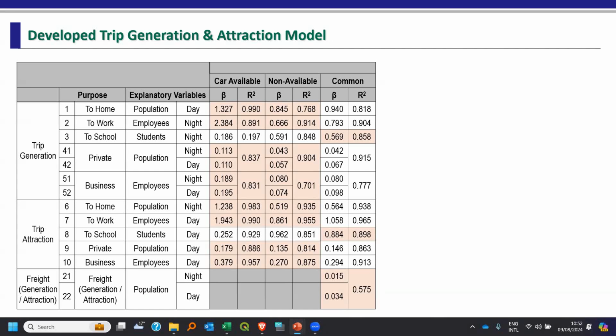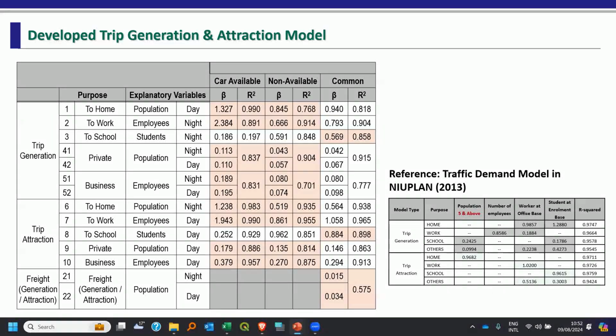I'm really concerned about the very high value for the available populations. However, I keep it. And the importance of this figure, compared with the new plan study, which shows just very common trip generation and attraction models,